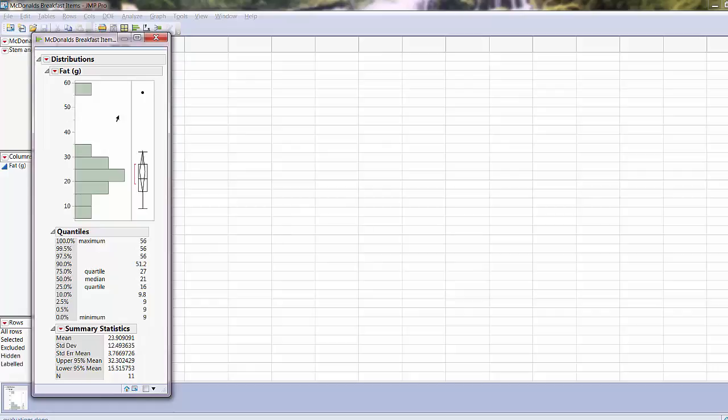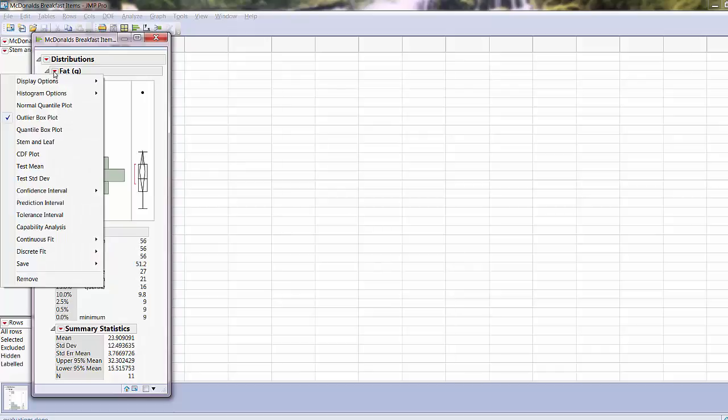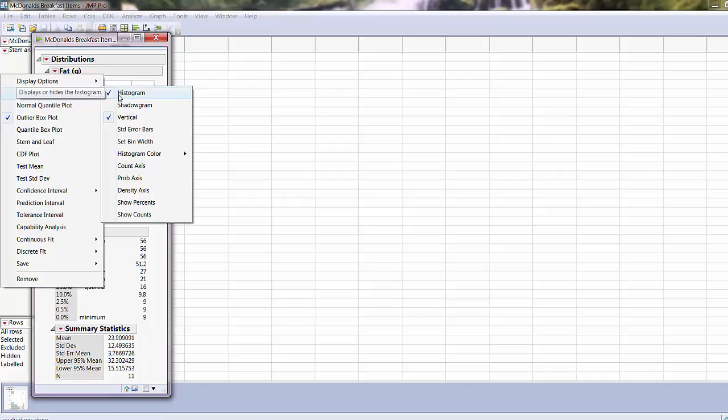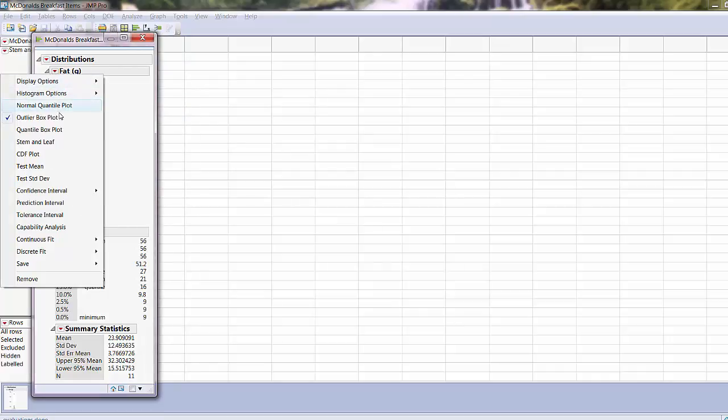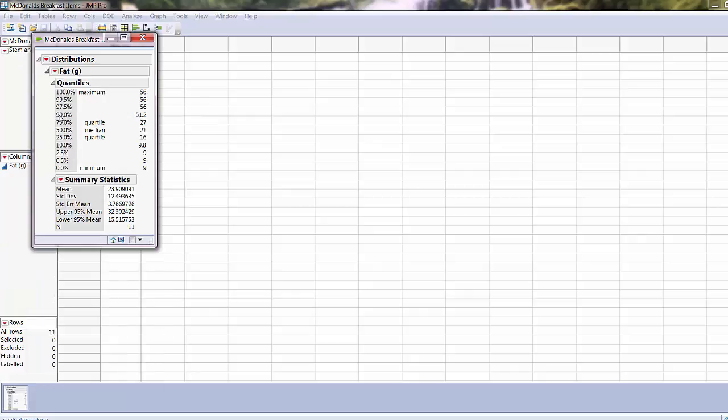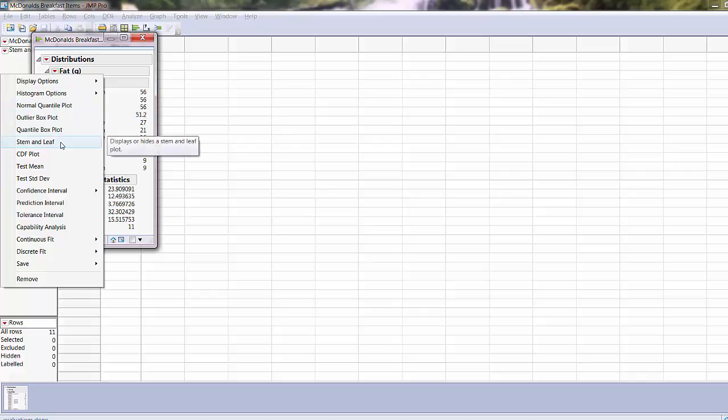By default, it shows a histogram as well as what's known as a box plot, which we'll learn about in Chapter 3. But I'm not interested in either of these two, so I can hide them by clicking on the red triangle next to the variable name, going to histogram options, unchecking the histogram, and then it disappears. And I can also deselect this box plot option. And then I can go back to the same menu and now select stem and leaf, because that's what I'm